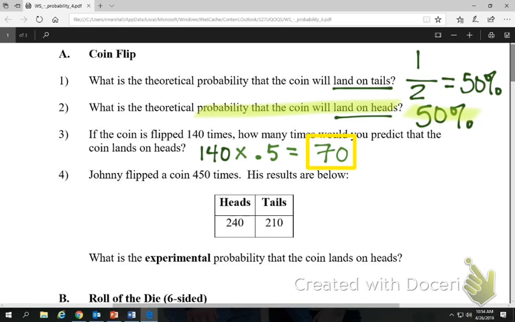Number 4, Johnny flipped a coin 450 times. His results are below. So since this is a chart, we're going to do experimental. So what would our success be for this experimental? What are we looking for? 240. Yeah, how many times will we land on heads, which is 240. Out of how many total trials? 450. So 240 out of 450 is